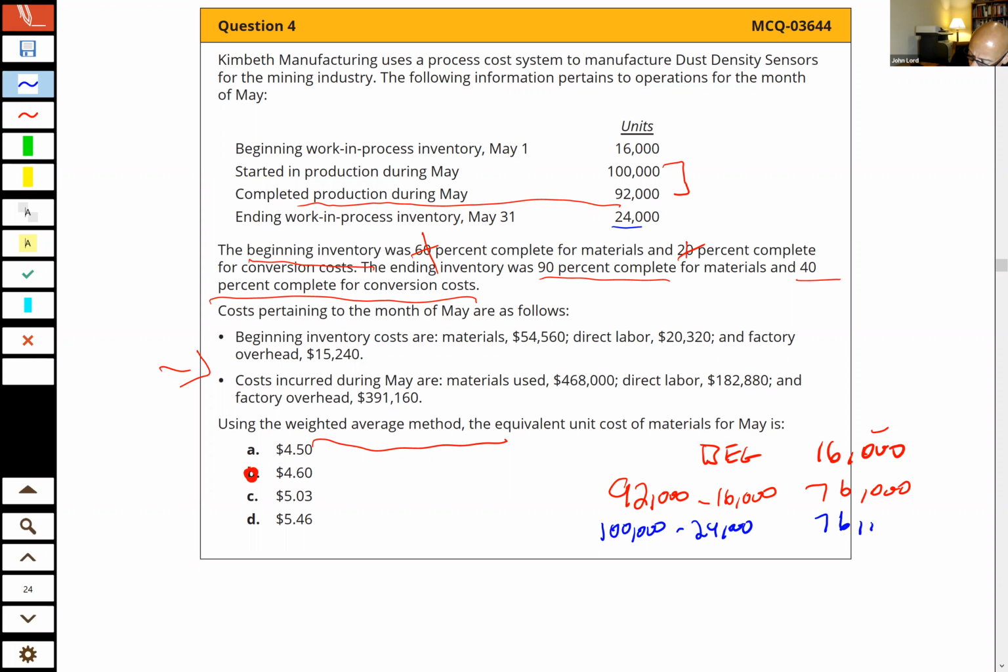What did I do wrong here? Yeah, that's correct, right? So there's two different ways you can get that same number. Now, you don't want to write it twice, but you can get that same number two different ways. Then the ending is fairly straightforward in that you go ahead and you take the 24,000.